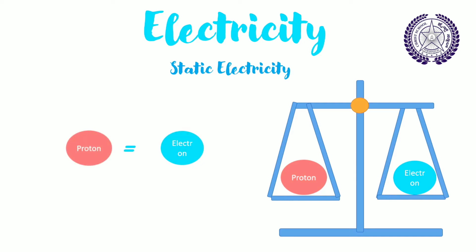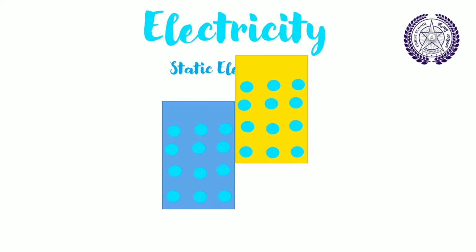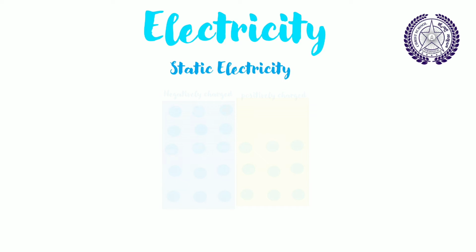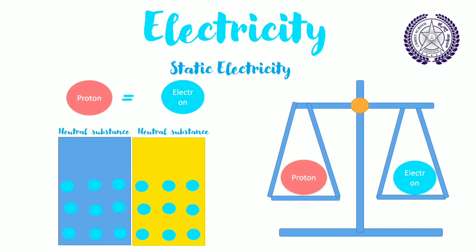Another type of electricity is known as static electricity. Normally in nature, an atom is neutral. When we rub substances, depending on the material, electrons will jump from one material to another due to friction. In this case, the atoms that gain electrons will be negatively charged and the atoms that lose electrons will be positively charged. When we bring any of these materials in contact with a neutral substance, the electrons will jump from the material and neutralize each other. This electron discharge which neutralizes the atoms is known as static electricity.